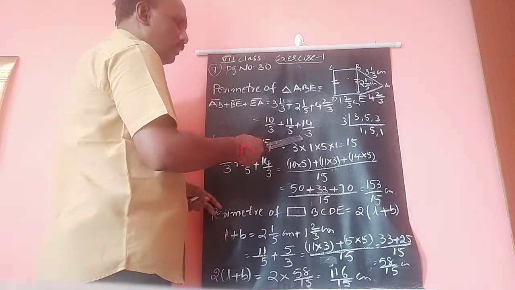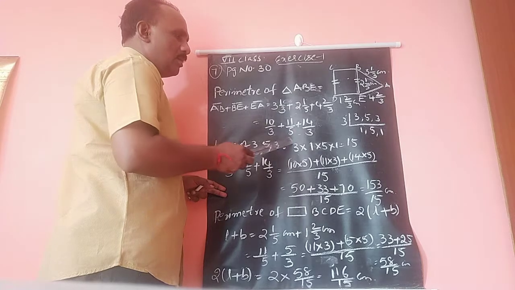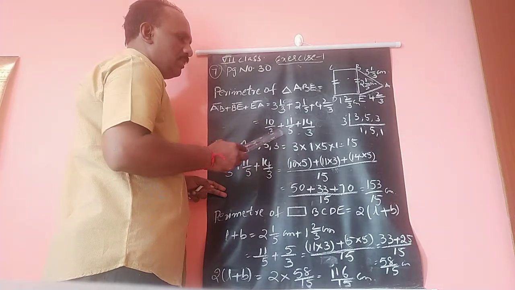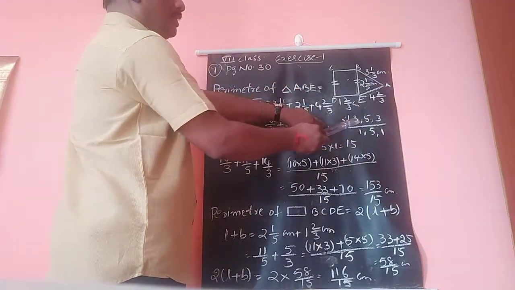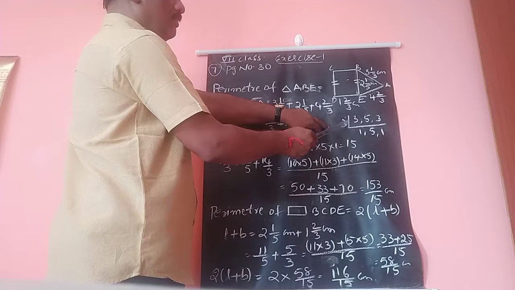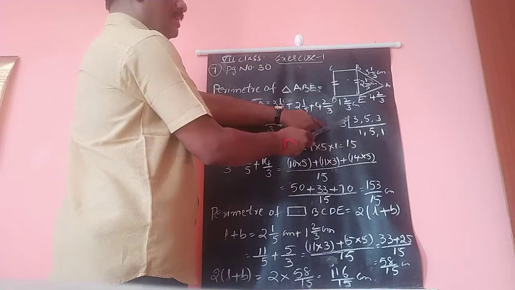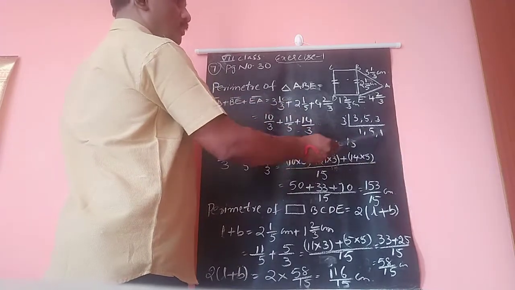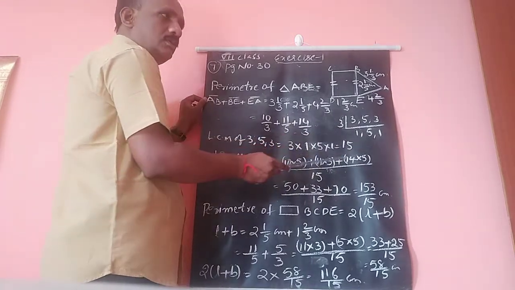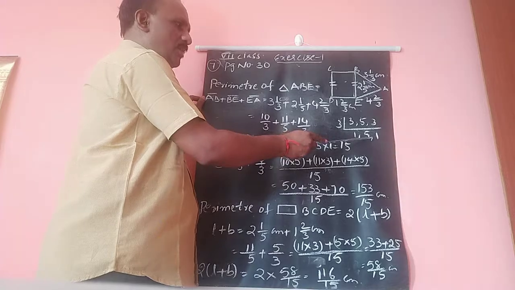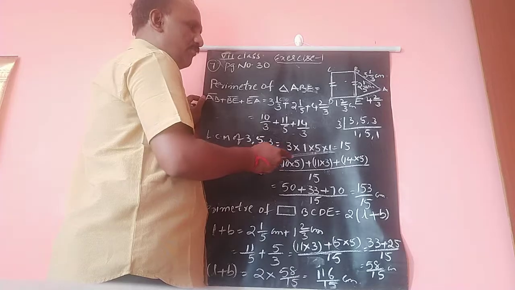Before we add, what is the process of adding fractions? First make the LCM of the denominators. What is the LCM of the denominators 3, 5, 3? There are two 3s, so it goes in the 3 table. In 3 ones are 3, 5 won't go, so the 5 is brought down, and again 3 ones are 3. Then still it won't go. Then the LCM is 3 into 1 into 5 into 1. What is that? 3 ones are 3, 3 5s are 15, 15 ones are 15.